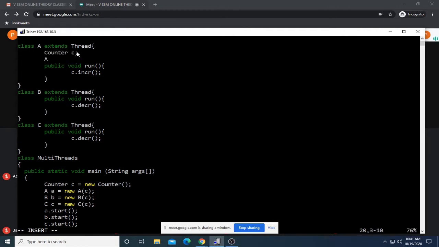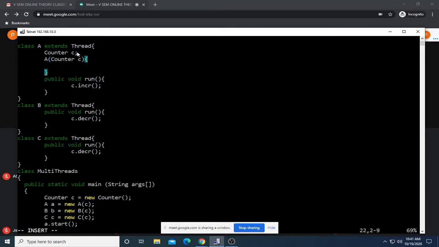And now I'll write a constructor which accepts an object of type counter, and I'll be assigning this instance object reference variable to this object.